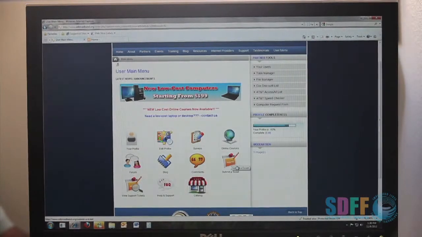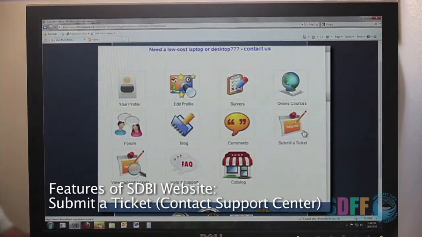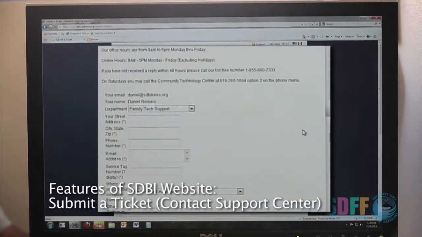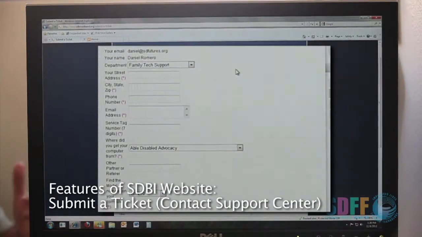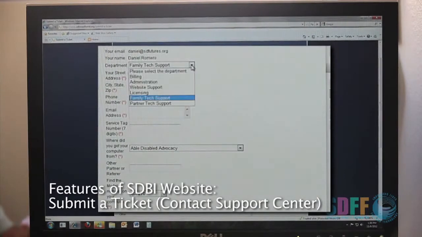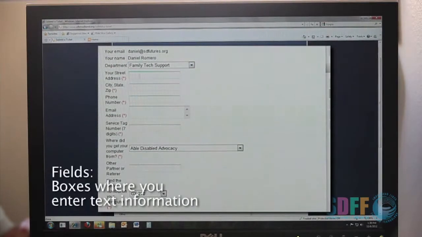For those who actually have computer difficulties, we have a support center here at SDFF where you can actually submit a ticket. When you click on submit a ticket, you'll actually see that you have the hours of 9 to 5 that you'll be able to say whatever problem that you may have had. The department is going to be most likely for all of you, family tech support, and you'll be entering the fields that we call these lines fields that have asterisks, red asterisks, that are going to be necessary for you